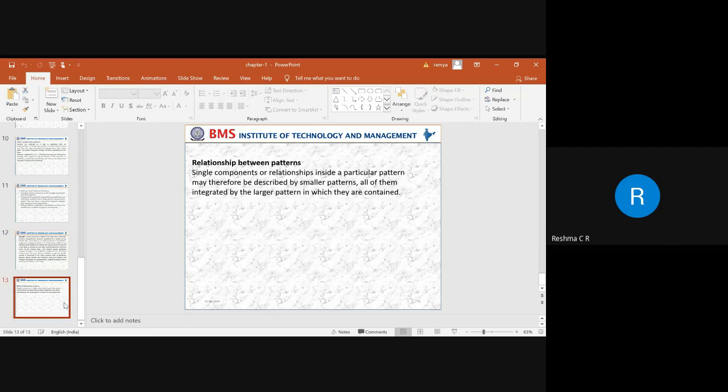And the next thing is having the relationship between patterns. We can have a relationship between patterns based on a smaller pattern or a larger pattern. When you say a larger pattern, we are trying to integrate different software components. Depending upon the software components, we are trying to combine them with each other. After combining, how the entire pattern is going to work as a single component that we are looking at together. That is how we are trying to create a relationship between patterns.